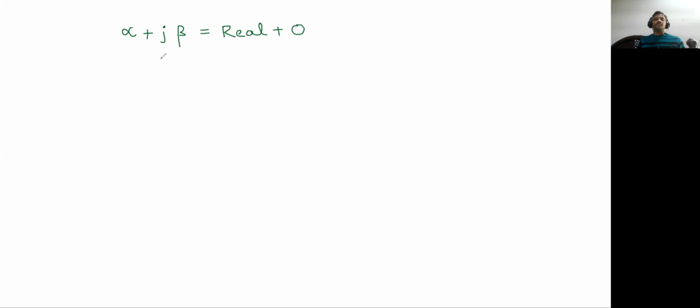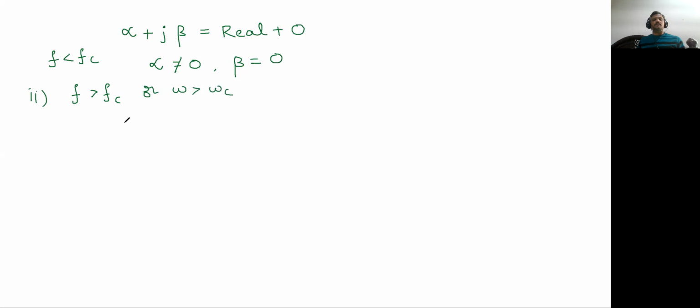Now on comparison, alpha is real, which we can call not equal to 0 because it has some real value. We don't know exactly how much it is, so we take it as not equal to 0, and beta is equal to 0. This is the simple expression we have got for f less than fc. And for the second case, f greater than fc, or omega greater than omega c.